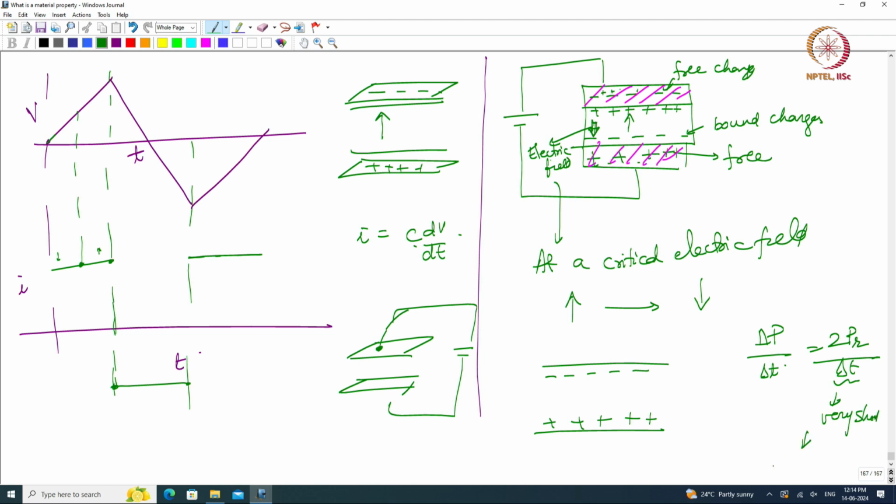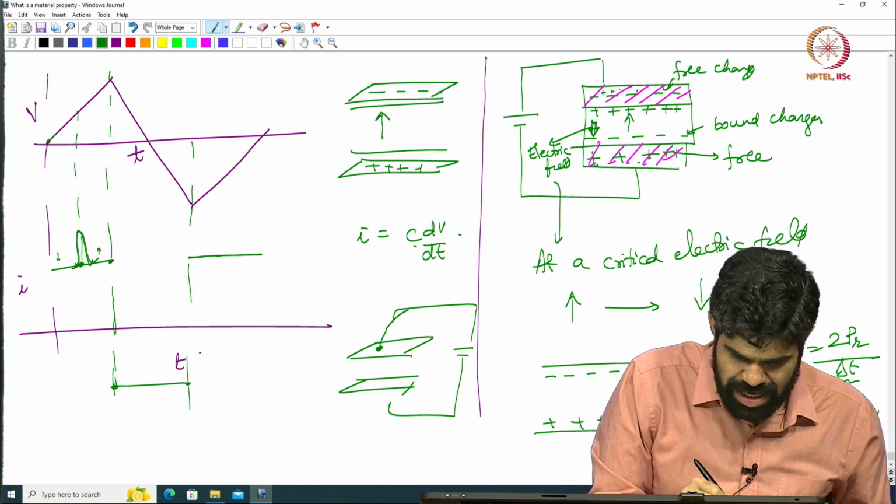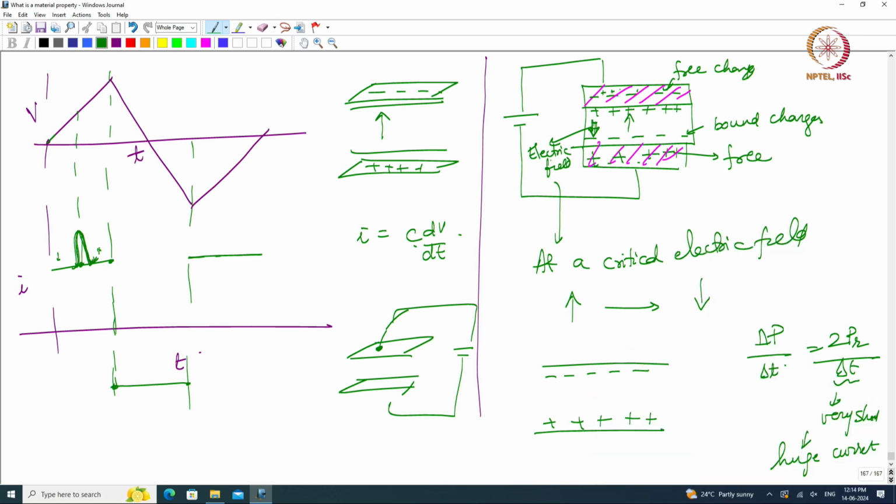So, I have a huge current in a very short interval of time. That huge current will be shown like this as a current peak. The charges on the plate flip from negative to positive, so there is a huge change in current, and that huge change in current is given as this peak here. Similarly, when I am increasing voltage on the negative side, I will have a peak on this